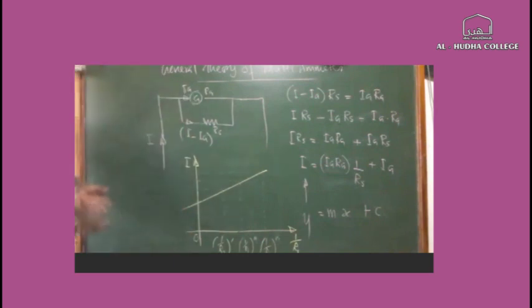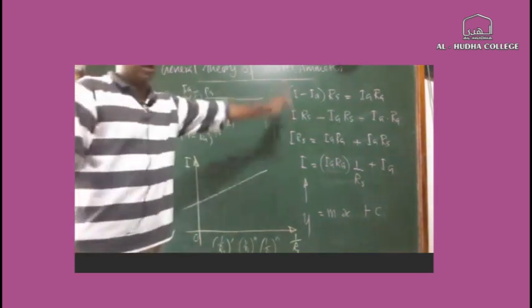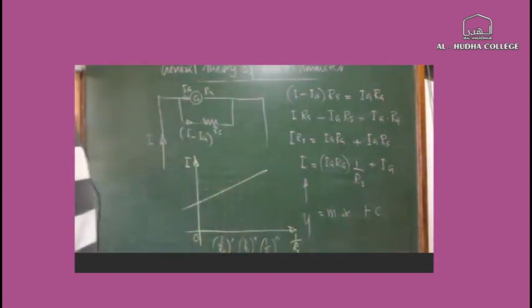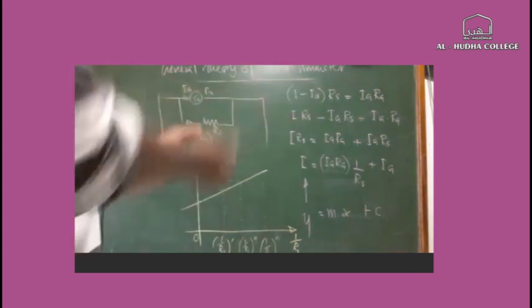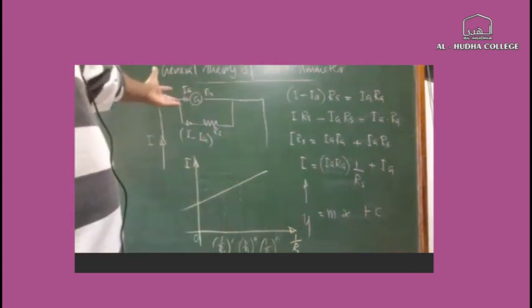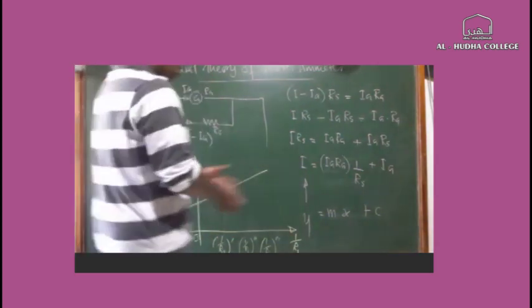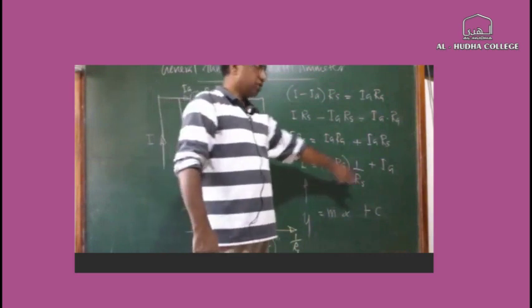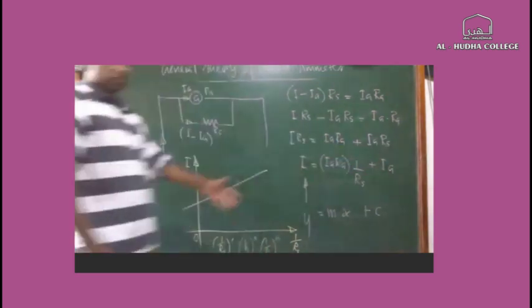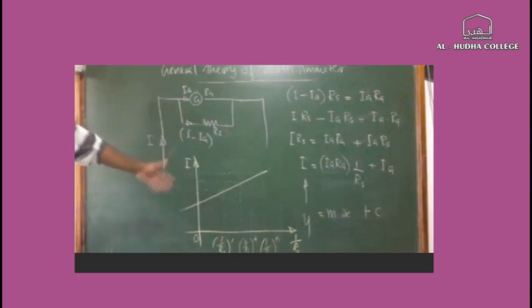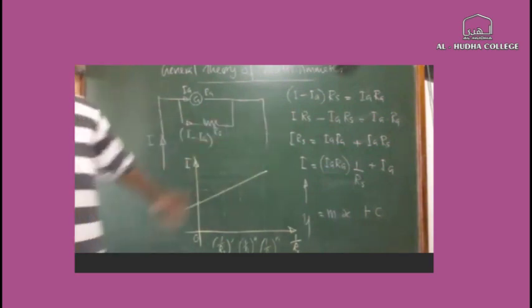So this is the general theory, generalize this so that you can use it anywhere. In structured questions, they can easily ask you to draw a graph. Ig can be given, Rg can be given, so you can draw this graph. From the graph, you can find the different values of 1 upon Rs for each range of current that is required.